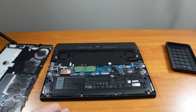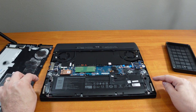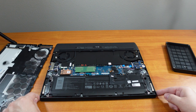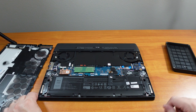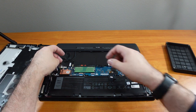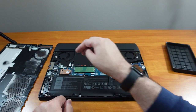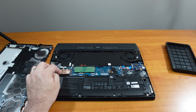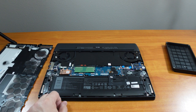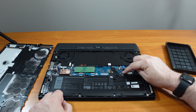Okay, well, let's start with the battery. You've got an 86 watt standard battery. You have the speakers here, and it looks like they're downward-to-the-side facing speakers, which is interesting. You have the Wi-Fi 1650. I think it's a Killer card because it's an Alienware, so that looks swappable. It looks like you have an M.2 2240, so the short one, for the SSD, and then you have another spot over here for a second SSD, and it takes the same type of short